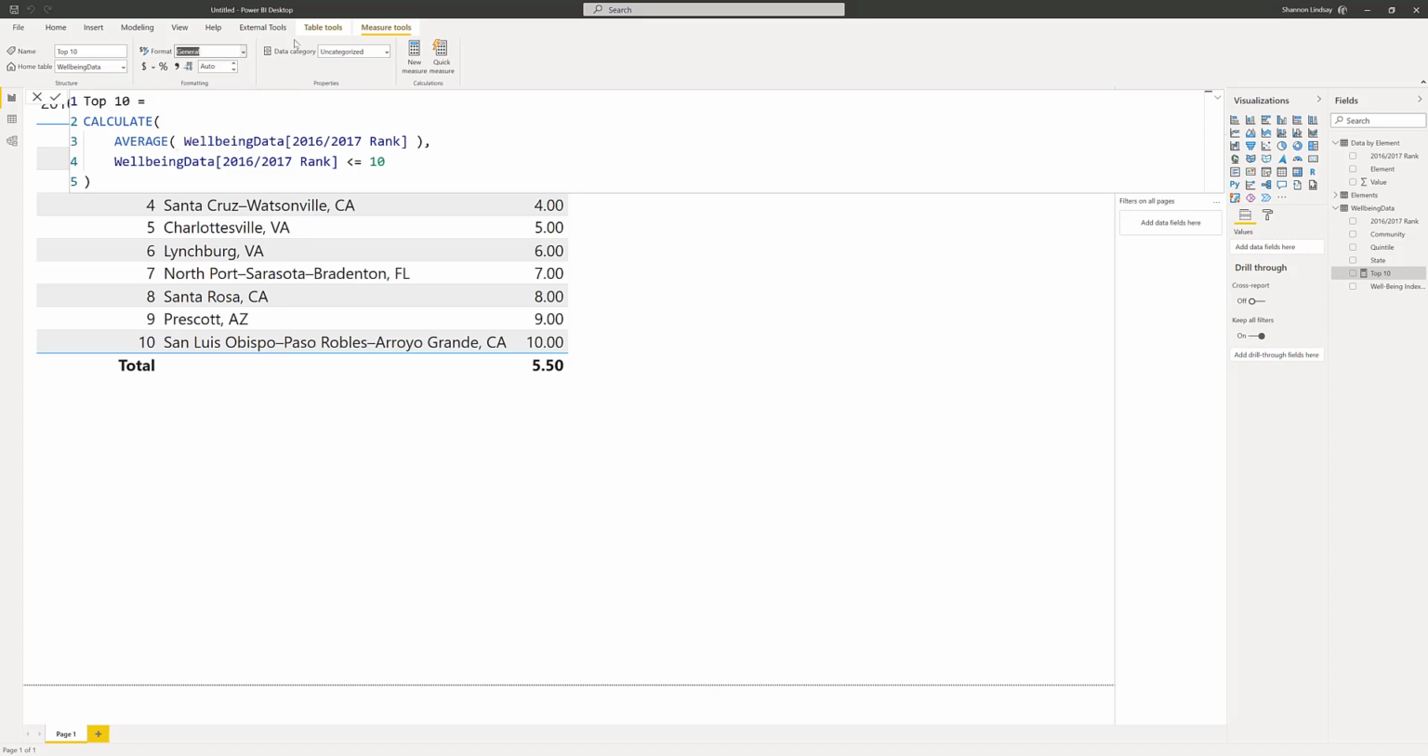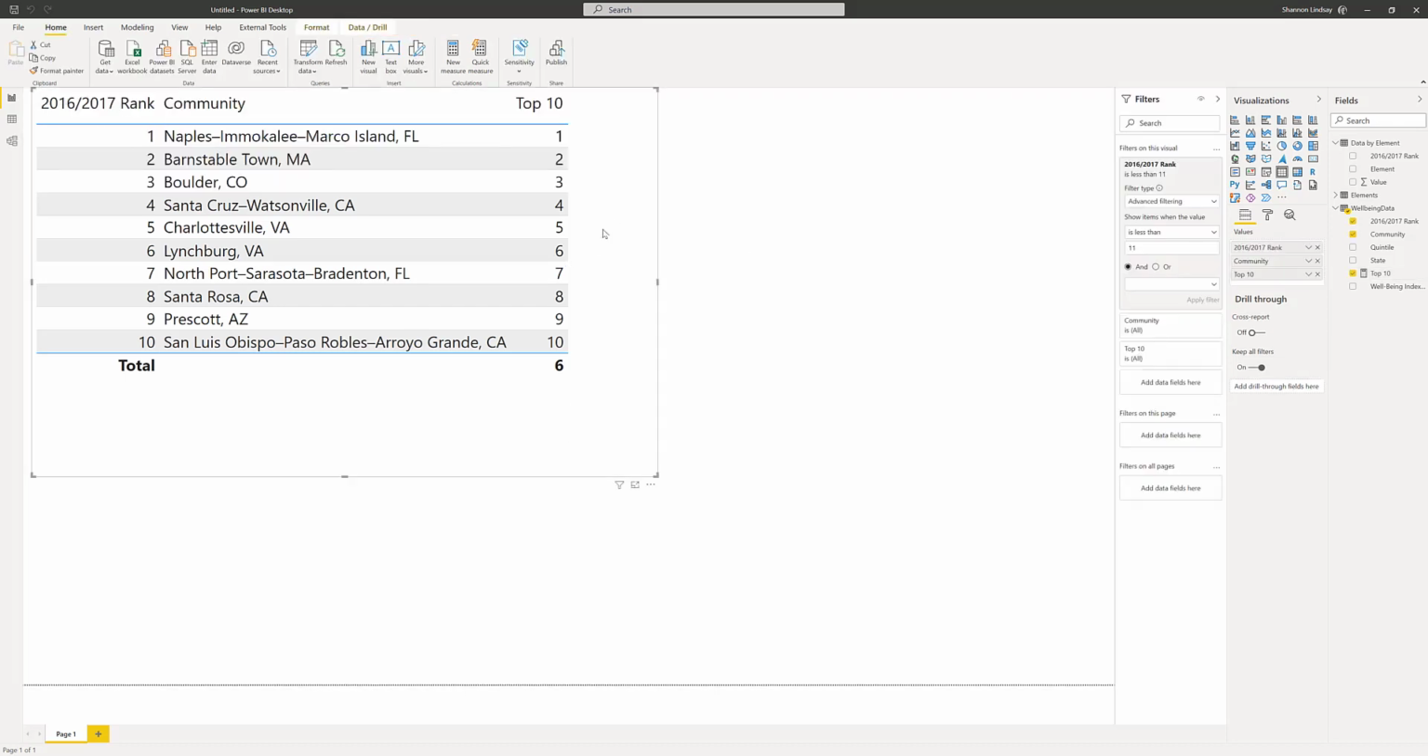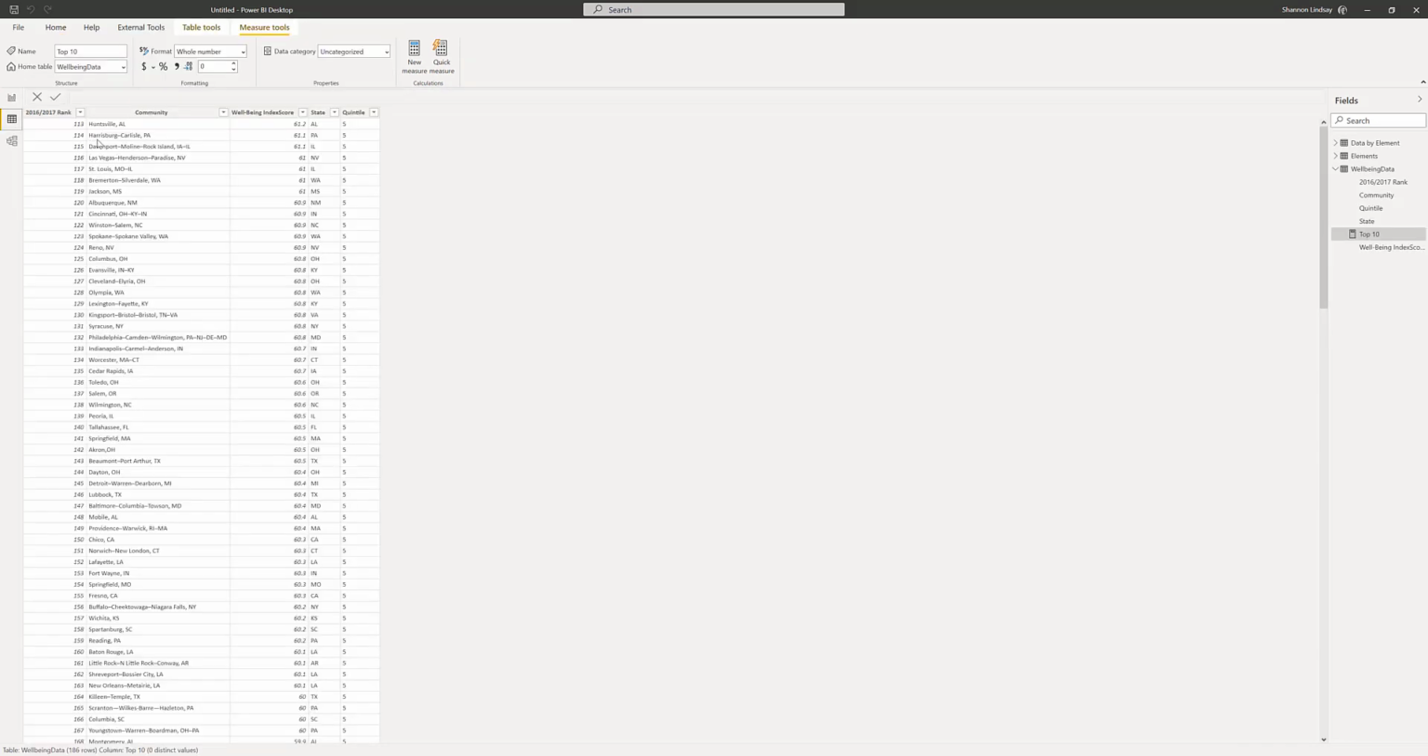There we go. We can just format it as a whole number. Okay, so that is my first measure that we have. Our next two measures that we need to create are the top and bottom 5 communities for each element of